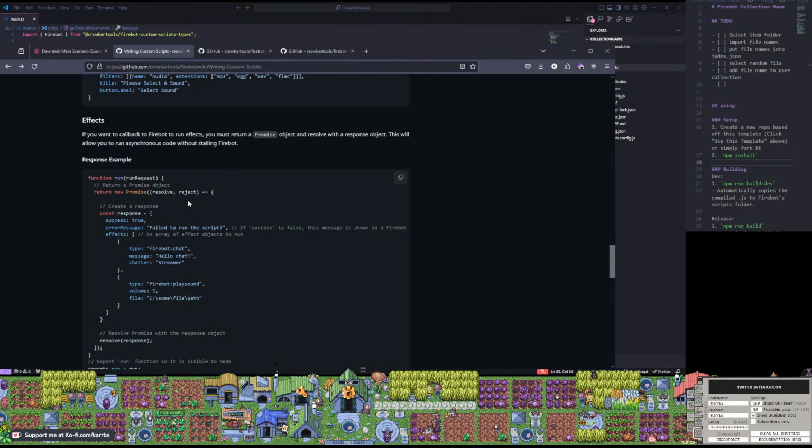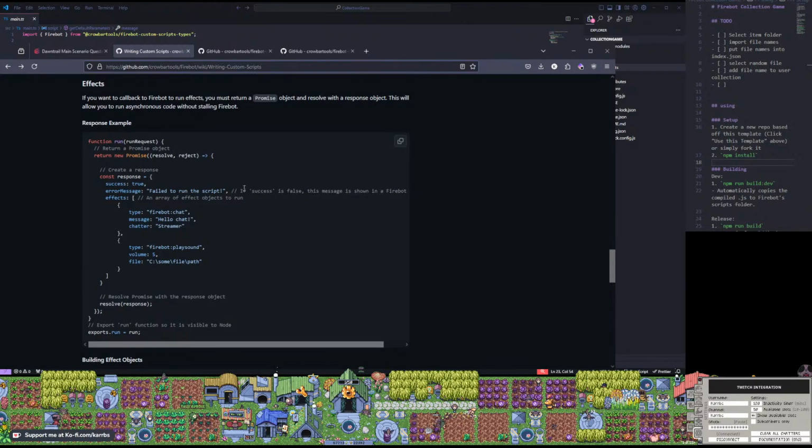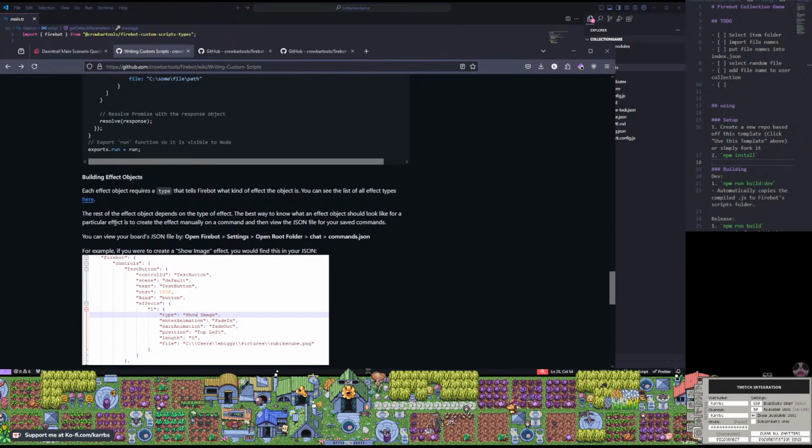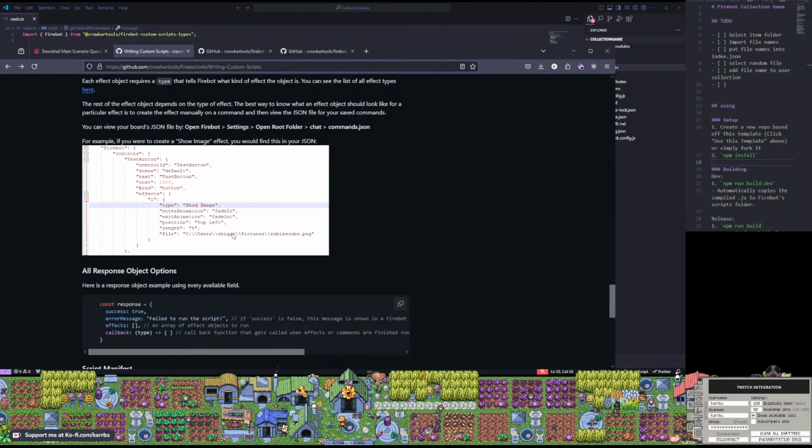All right. Effects. So each effects button requires a type that tells Firebot what kind of effect the object is. You can see the list of all effects types here. The rest of the effects objects depends. Okay, so that's hard coded. So basically,